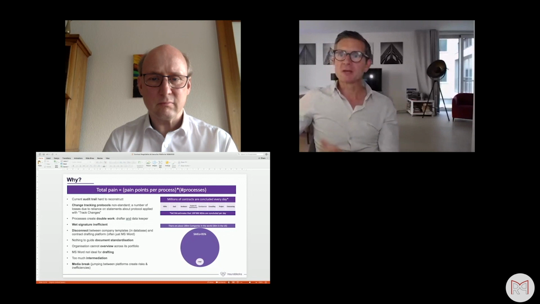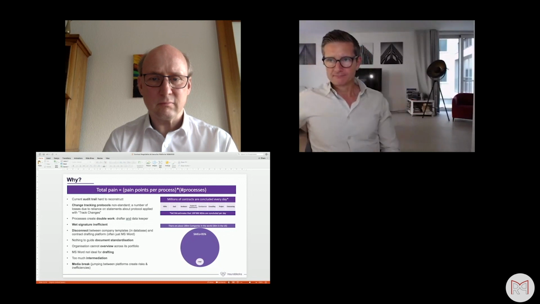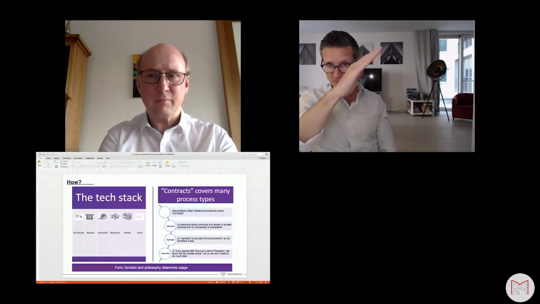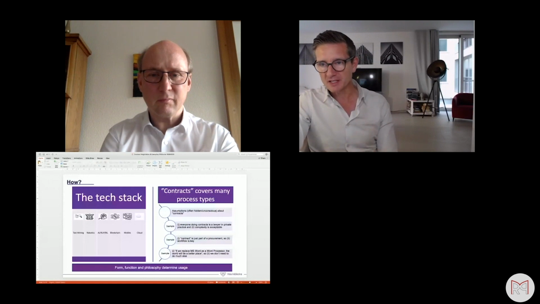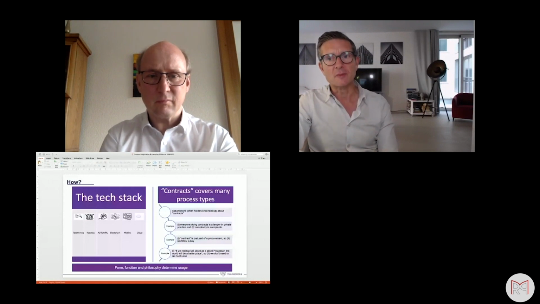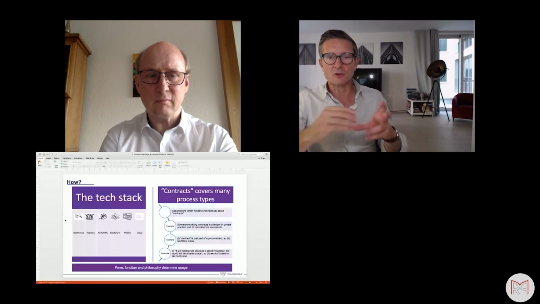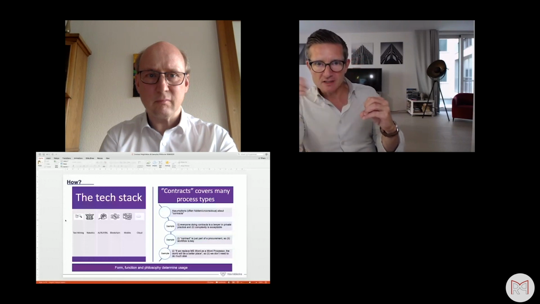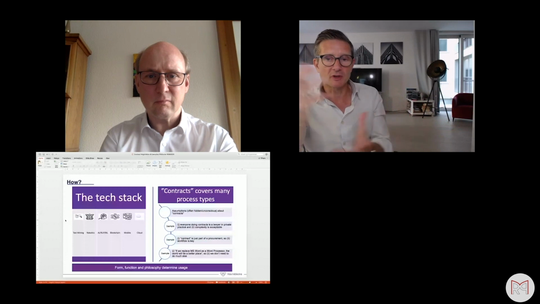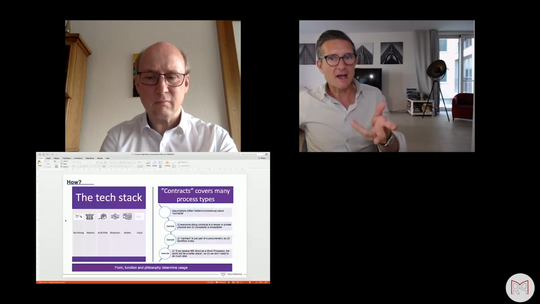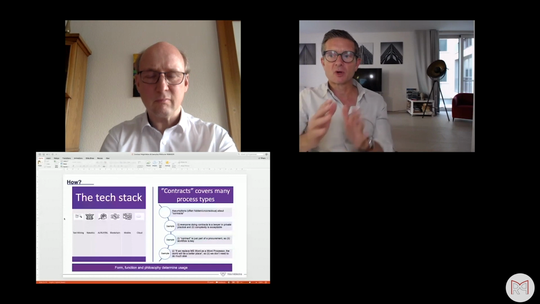Okay, so in terms of the tech stack, it can be highly sophisticated, or if you're just doing the three things I mentioned as being basic at the beginning, you could build that probably in a few months. So typical pieces in the tech stack include text mining, so that you can find content and so that you can look at usage trends. What are the popular clauses? What are the trending clauses? What are the clauses getting less usage, and where? What markets? Robotics is an important one. Robotic process automation,